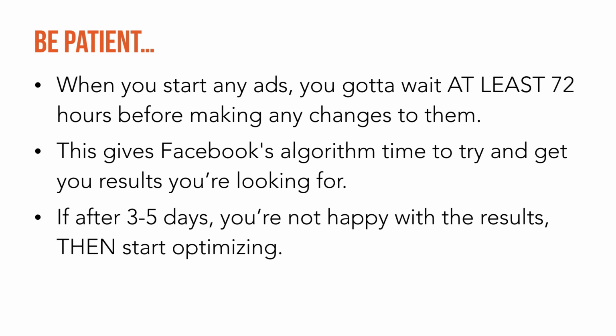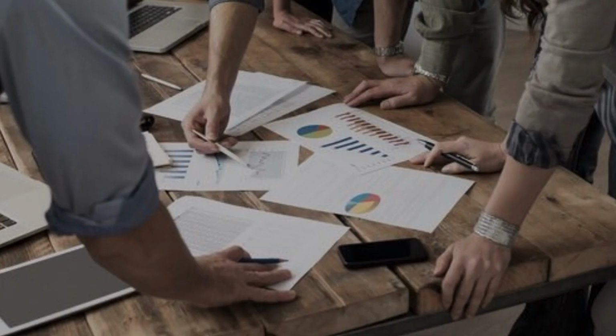I realize that. You start your ads and you wait a few hours, you want to see results. You've got to give them time to get into Facebook's algorithm, okay? Because the algorithm is trying to get you results, and it's setting up your campaign and your ads on the back end of Facebook. You've got to give Facebook's algorithm time. If after 3 to 5 days you're not happy with the results, that's when you start optimizing. Okay, so what numbers are you looking at? In this module, this is what we're going to be talking about, all right?